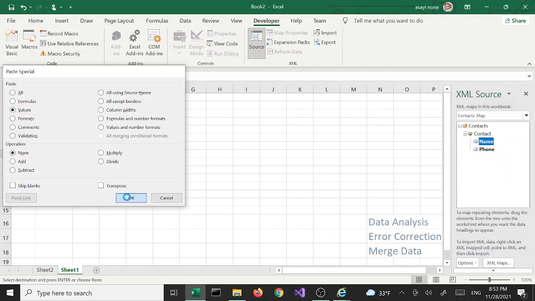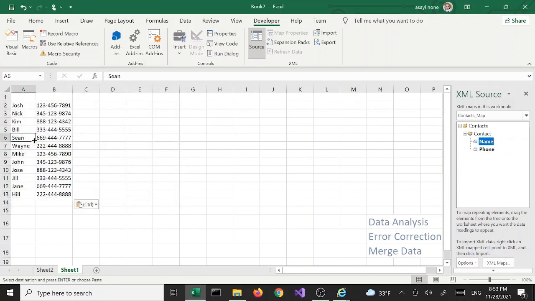Values. Okay, so now we are assuming that we have a ton of data, and we want to convert this to an XML file. Okay, so I'm just gonna say name here again. Just give column names and phone. All right, let's say I want to convert this data to an XML file. All right, so for that,